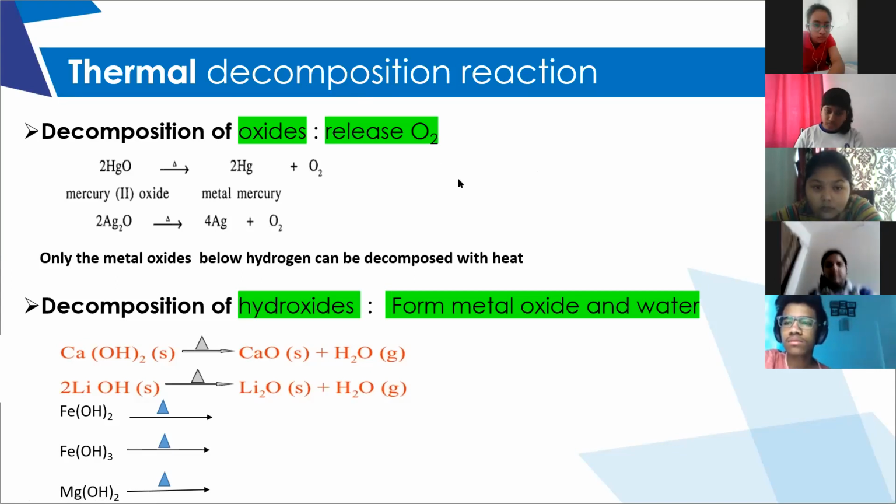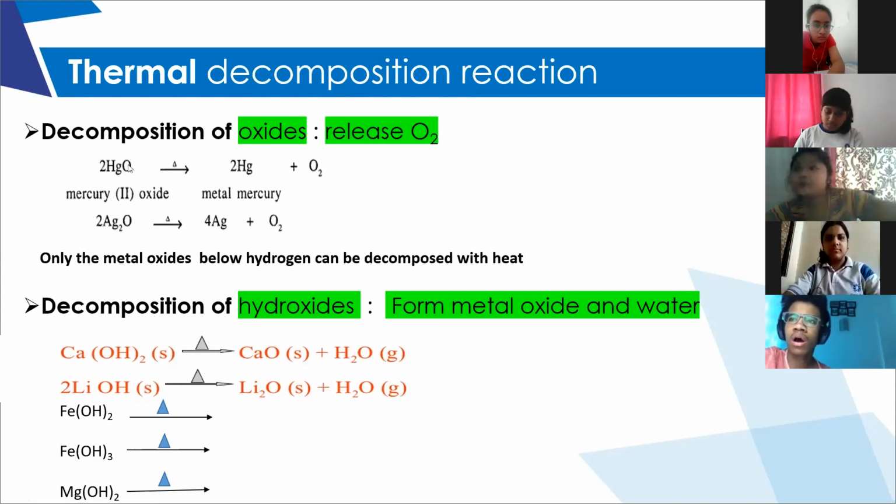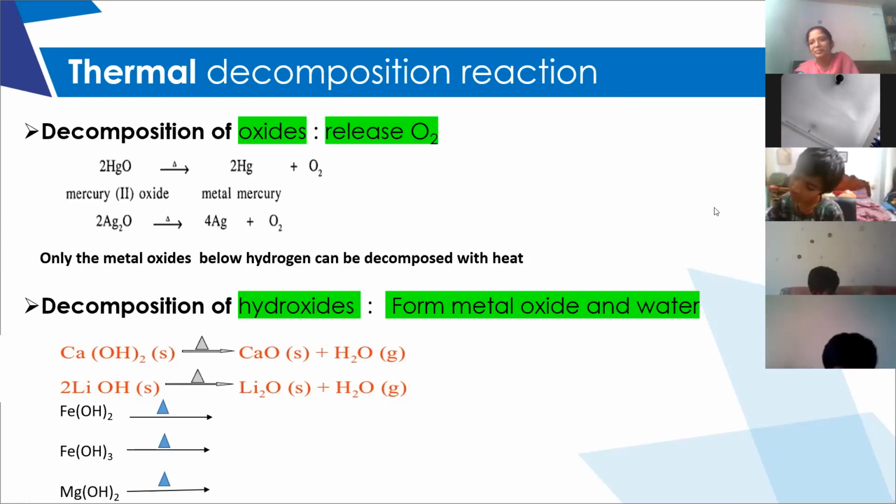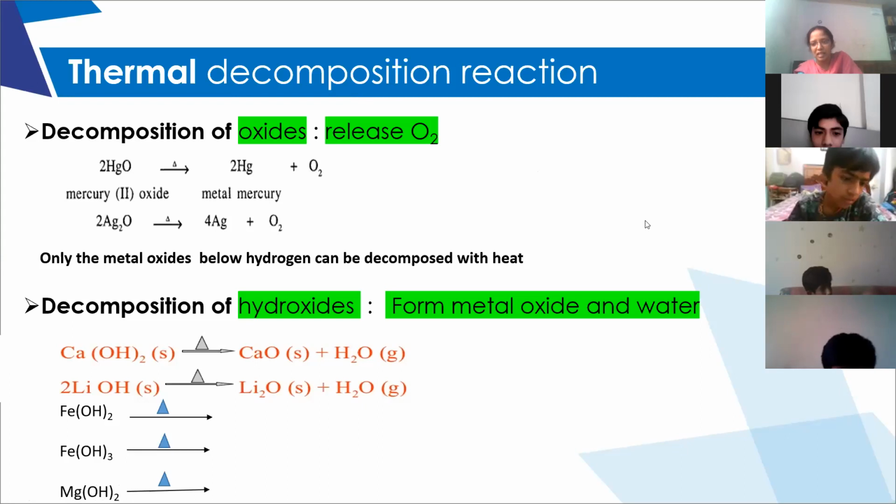By supply of heat, only mercury and silver oxides can be decomposed. Why? Can anyone tell the reason for this? By supplying heat, ma'am, yes,